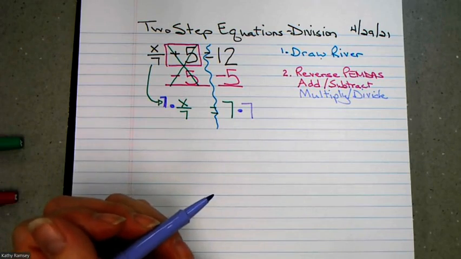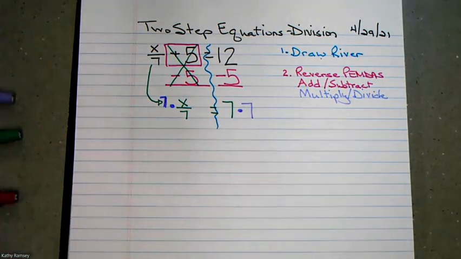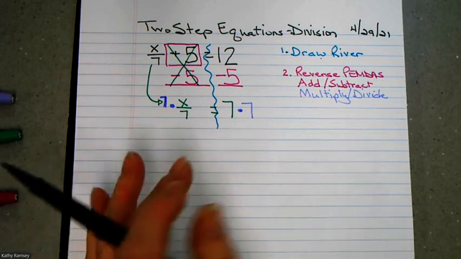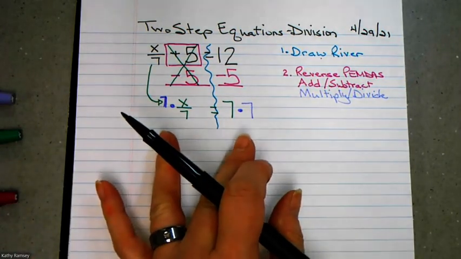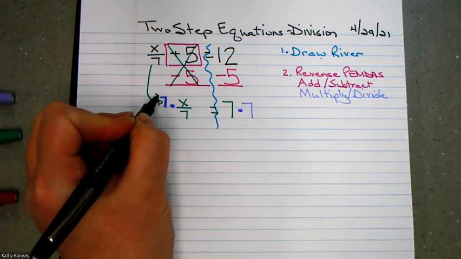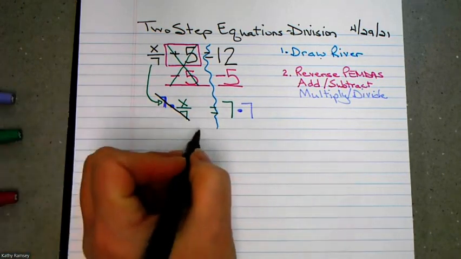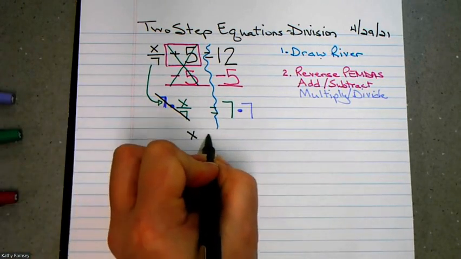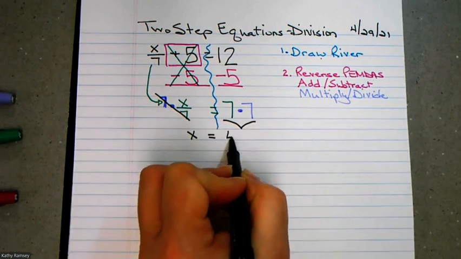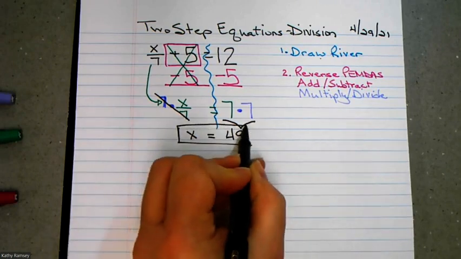Both sides get the same thing because we have to be fair and square, even Steven. We have a balanced equation. We need to keep it balanced. All right, so 7 divided by 7 is 1. So we have x equals 7 times 7 is 49. So that is our solution,